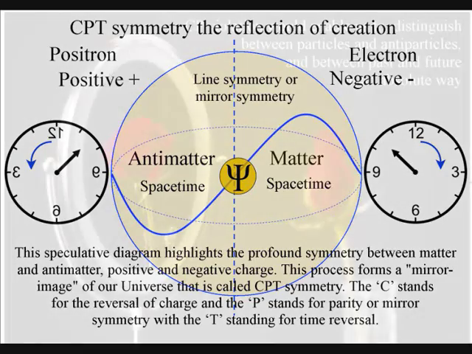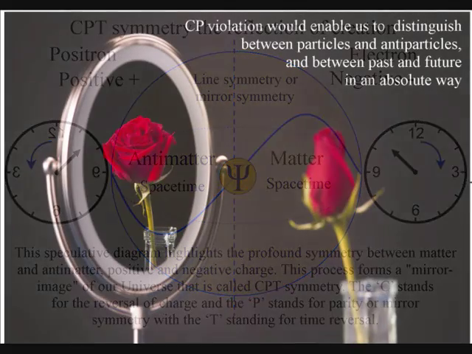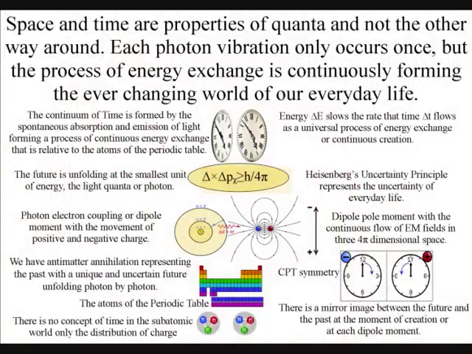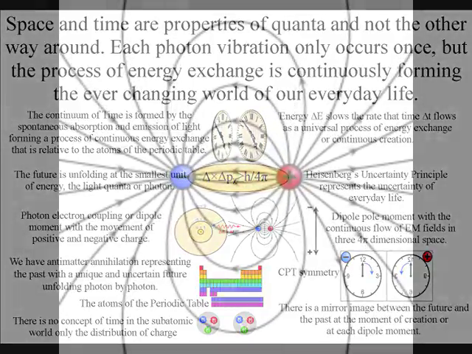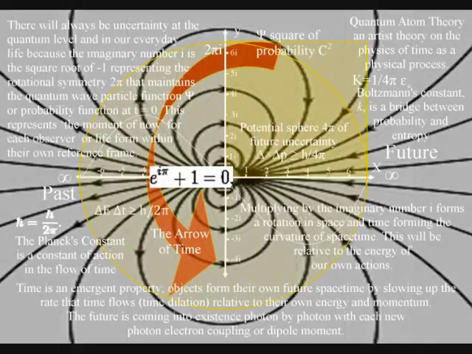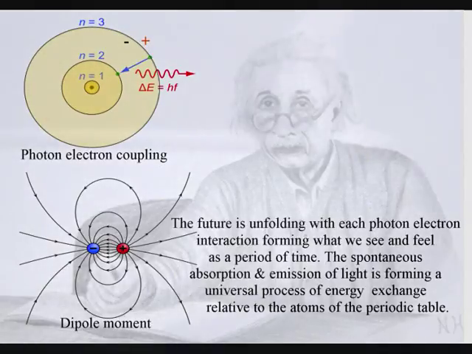The future is always based 100% on the past, with 100% antimatter annihilation, with the future unfolding photon by photon, with the movement of positive and negative charge. Therefore we have time symmetry at each moment in time, or at each photon-electron coupling or dipole moment. The universe is a continuum, with antimatter annihilation representing the past, with each photon oscillation only occurring once, forming a